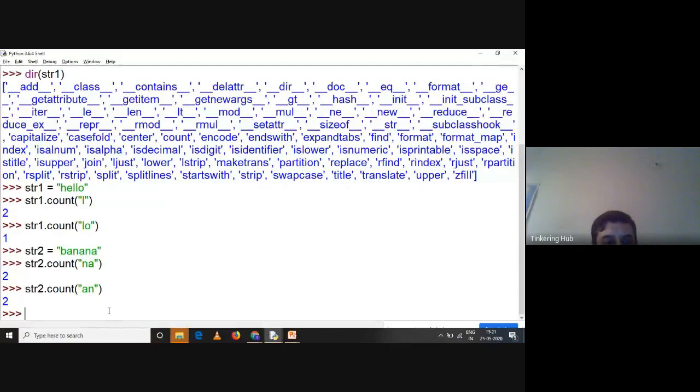So this is how you can work with the count method, and it is a very useful method to get the occurrence of a particular character or particular substring in a string. Now I'm talking about a small string. The string can contain 1,000 words or 10,000 words, right? Say for example, you are reading a text file that contains 10,000 words, and you are storing it in this string variable, and then you can run this count method. Python will do it easily, right? There is no restriction on how many characters or how many words there should be. It works on any number of words, any number of letters, and it will do it with ease, so you don't have to worry about anything.